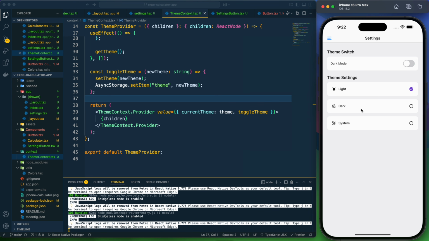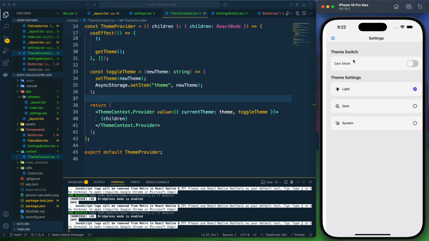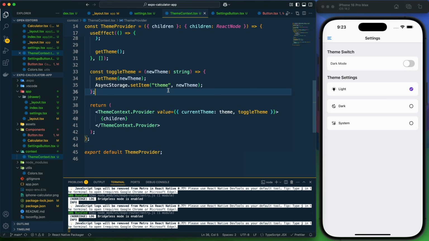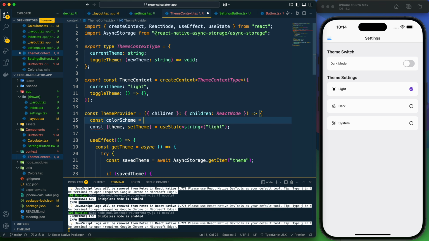Now if I switch to light, then let's reload. Now it is light, right? So now it is working perfectly well. So we are storing the theme properly. Now I want to implement the system theme, and for that here I can get the color scheme from